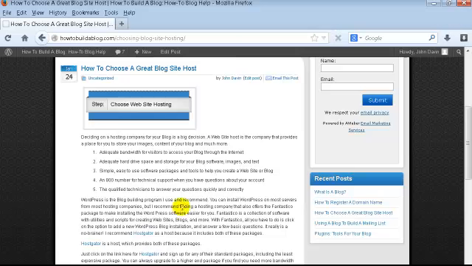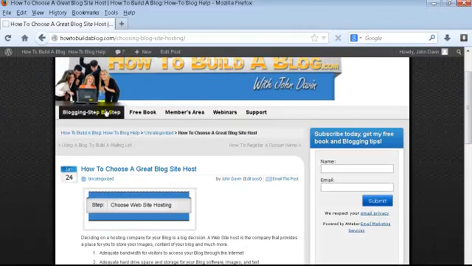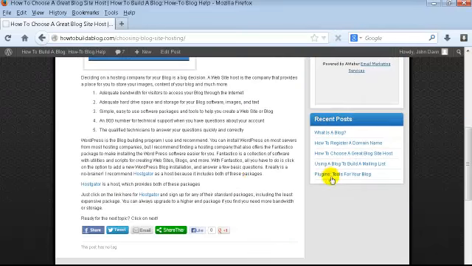So what I'm going to do right now is just tell you about a program that I use, and there's quite a few different good hosts out there, believe me, but one of them that I use is HostGator. And when you visit the website right here, all you'll have to do is go under blogging steps, scroll down to how to choose a great blog site host, click on the HostGator tab, and it will take you directly